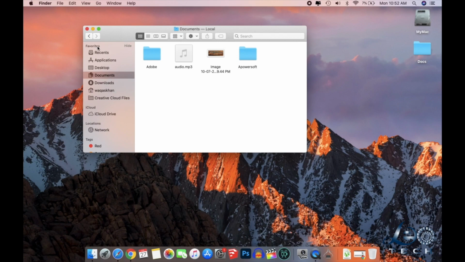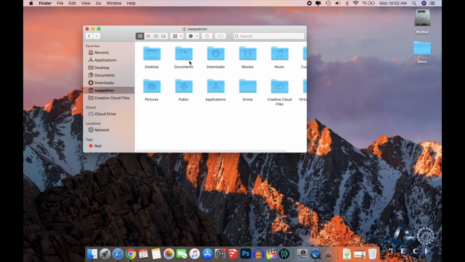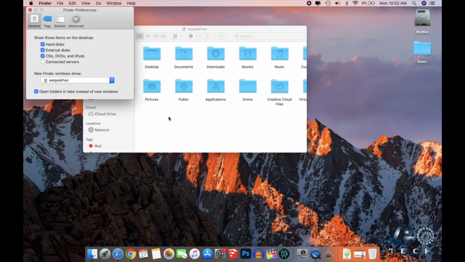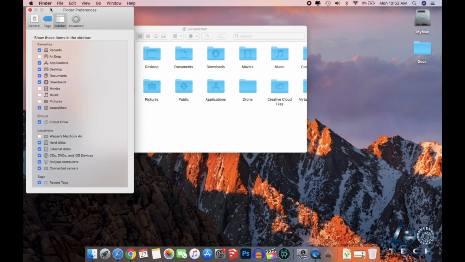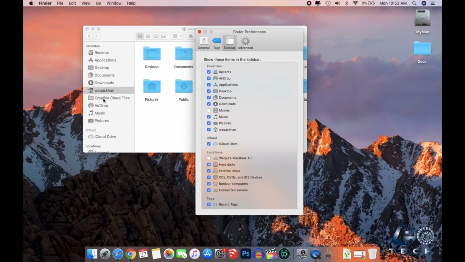And if you really want to add some more locations, you know that this is not a full list of files where I can navigate to. So in order to do that, you just have to go to Finder, click on Preferences, and then go to Sidebar, and you will have all your options. For example, AirDrop, movies and pictures, iCloud, whatever you want, you can just go ahead and click it, and you will be able to see all those options here on the